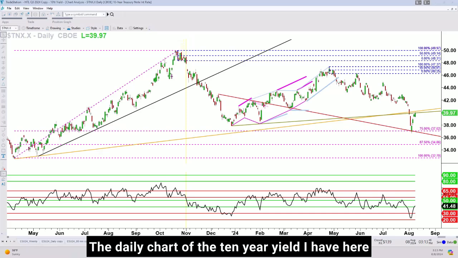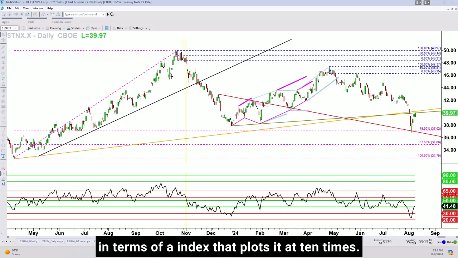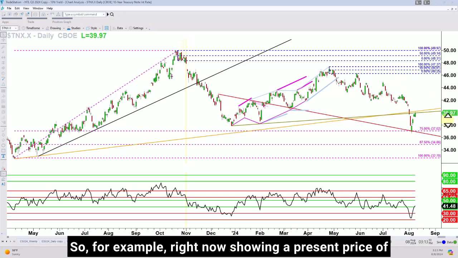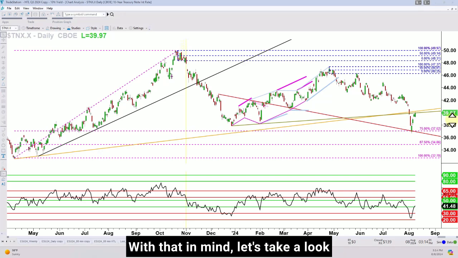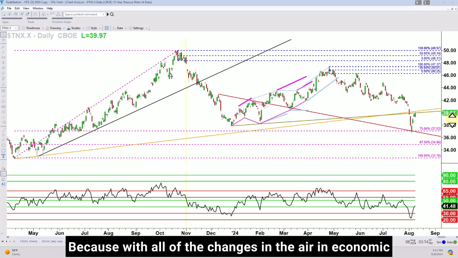The daily chart of the 10-year yield I have here is in terms of an index that plots it at 10 times. So for example, right now it's showing a present price of 39.97. That means the 10-year yield is at 3.997. With that in mind, let's take a look at how the 10-year has been moving,